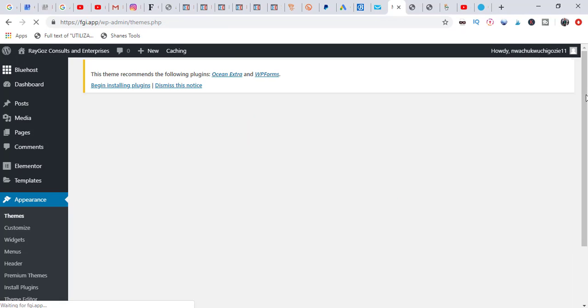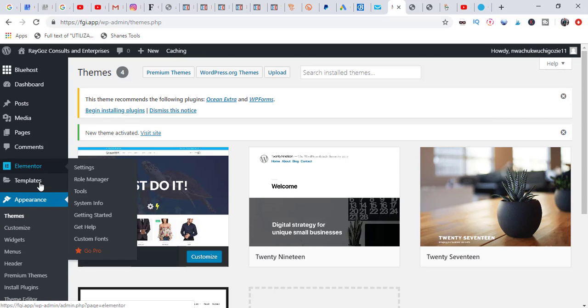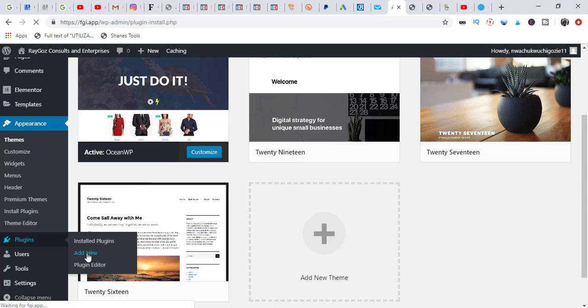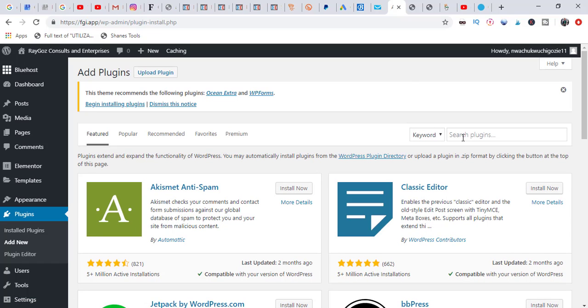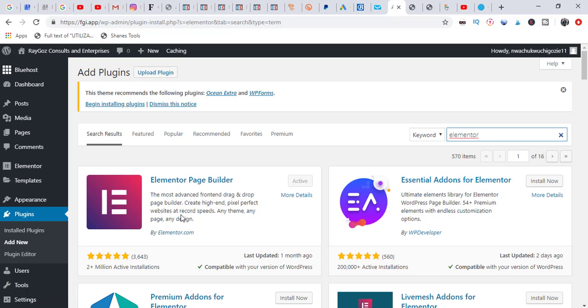Okay, we've done this in the previous video, so it's not really new to us. Then there are also plugins that come with it: the Elementor plugin, WP Forms and Ocean Extra. You can begin to install plugins here, or you just come over here, plugins, add new, then here you search Elementor. Okay, so you can see Elementor page builder is already active. In your own case, you'll see install, so just click install and activate it. Alright, so having done that, we are set